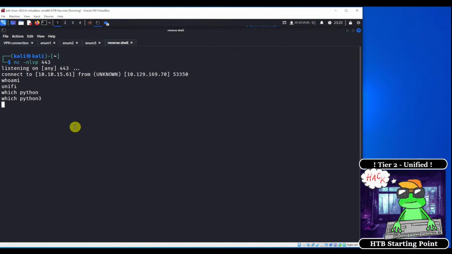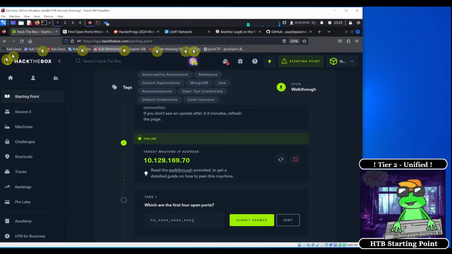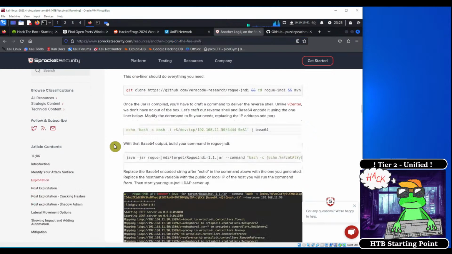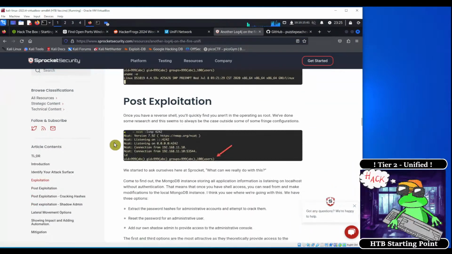because what we can do is we can exploit the application further. So how do we exploit the application further? We can actually go back to the article that we were reading on the exploit over at sprocketsecurity.com. So over here, we can skip over to the post-exploitation section of the blog, and it says, once you have